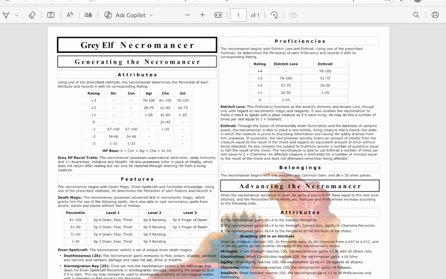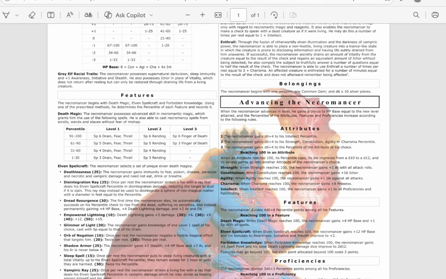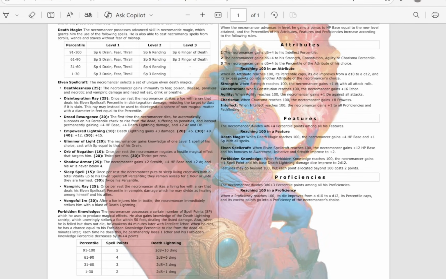So Grey Elf Necromancer. And again, the elves take on the physical qualities of the natural world. So he's living in caves, he's living in caverns, let's say. Maybe he's got this dark skin, like maybe an obsidian mountain or a subterranean pool that he lives next to, an underground lake, and so he's taken on the glow of maybe the fire, the furnaces. Let's say there's lava or something. It's changed him. Whereas humans aren't like that at all. You know, they don't change. I mean, they change to some extent.